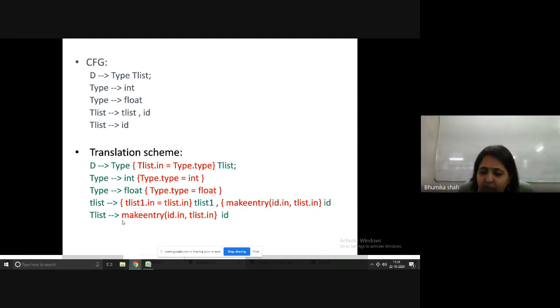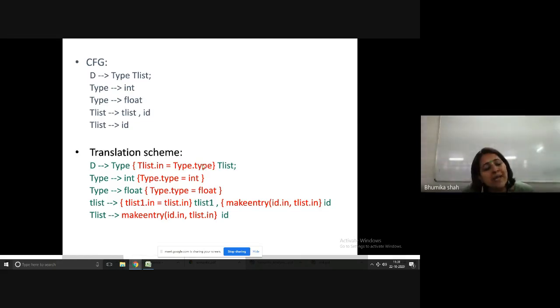What you are doing over here is simply embedding the semantic actions you have written in the SDD inside the original production rules. So how are SDD and translation scheme different? In SDD you had only semantic actions. No original CFG was there. Original production was not there. Also in SDD you cannot know which semantic action is applied first and which later. Whereas in a translation scheme you have the original production as it is, and you also have the semantic action.